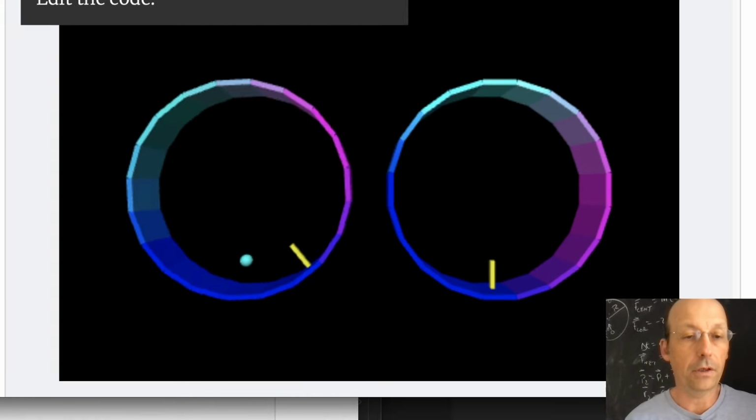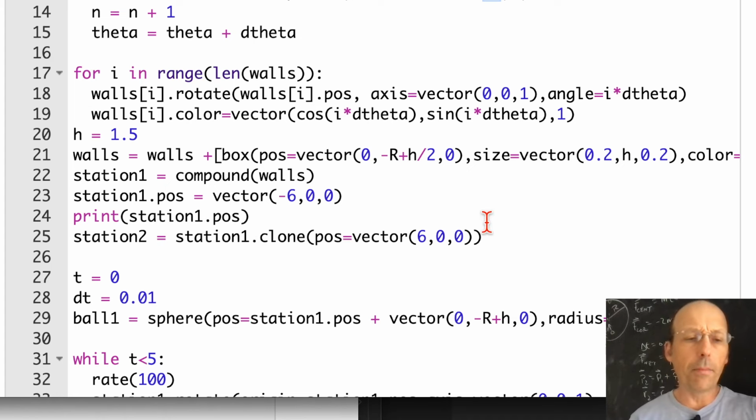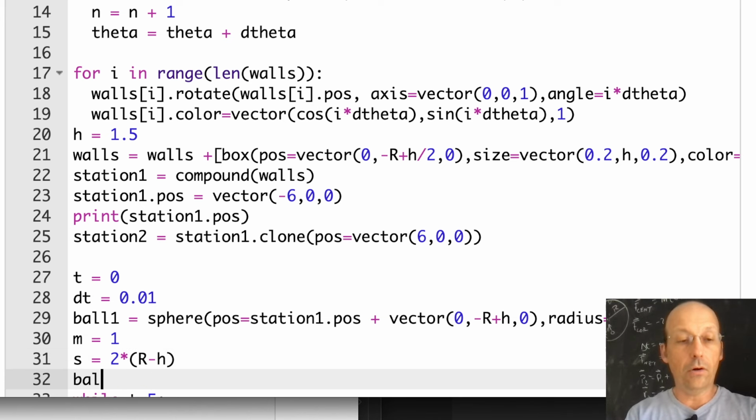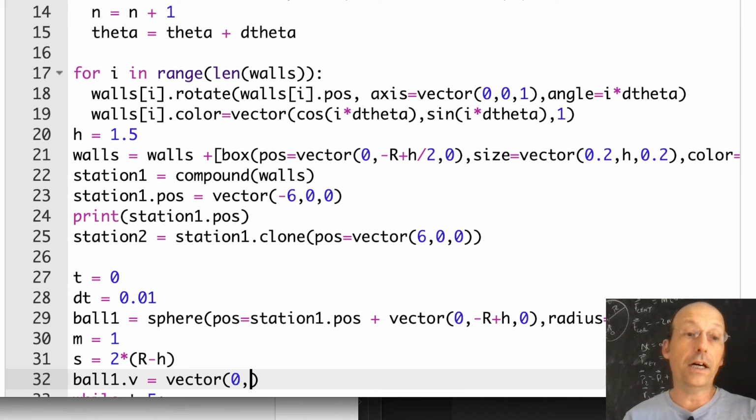Yeah, okay, good. So now let's give the ball a mass. I'm just going to give all the balls the same mass, m equals 1, because I don't really care. And then I need to give it a velocity. Okay, so let's say s equals 2 times r minus h. That's how far it has to go. And then how long does it take? ball1.v equals vector. I want it to go in the y direction, so 0, and the velocity is going to be s, and the time it takes is going to be equal to